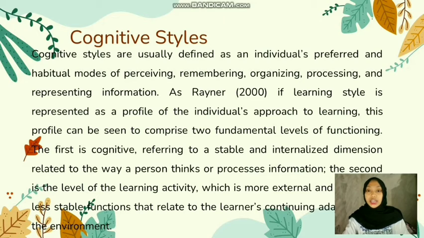If learning style is represented as a profile of the individual's approach to learning, this profile can be seen to comprise two fundamental levels of functioning. The first is cognitive, referring to a stable and